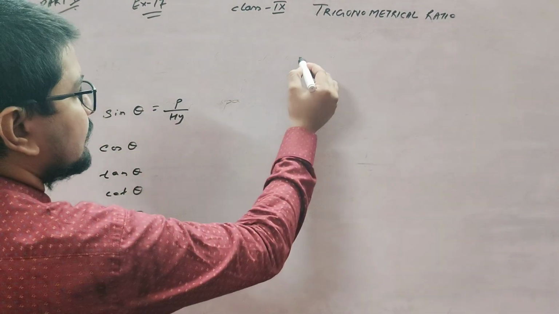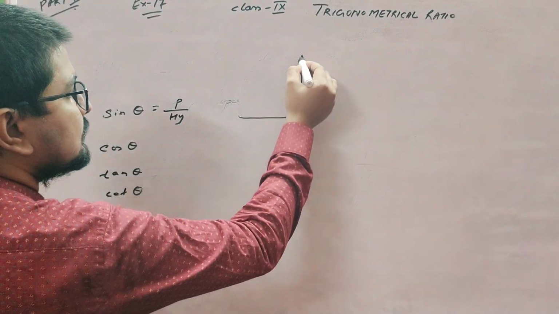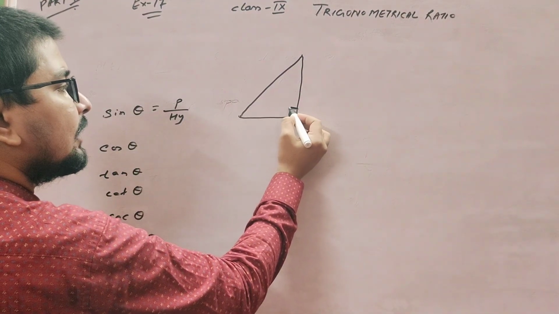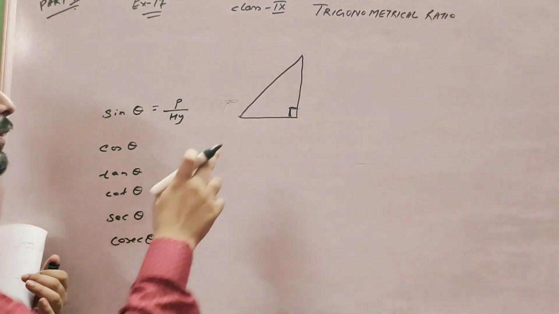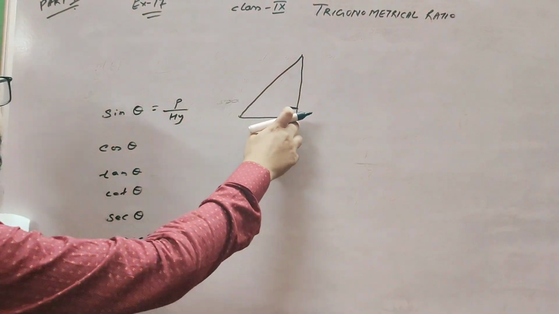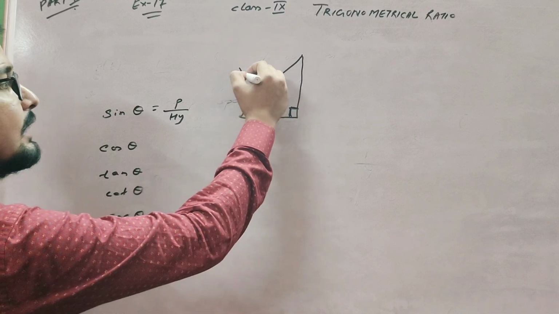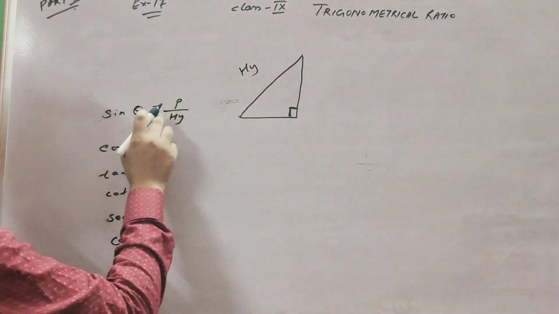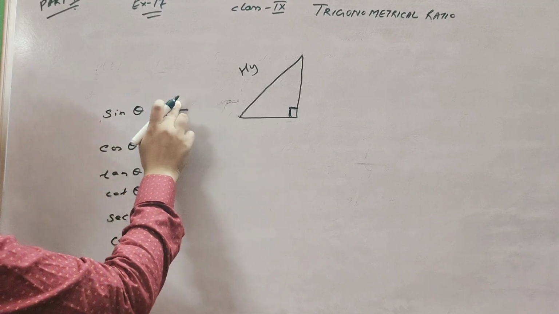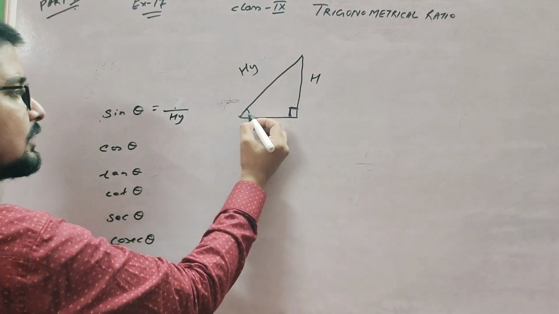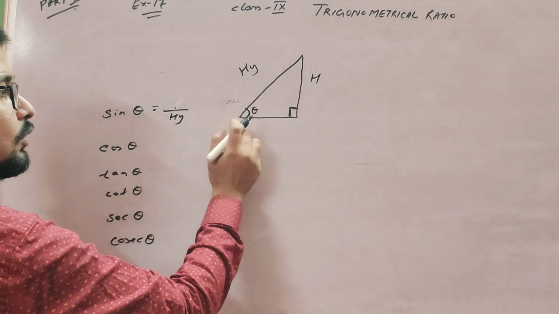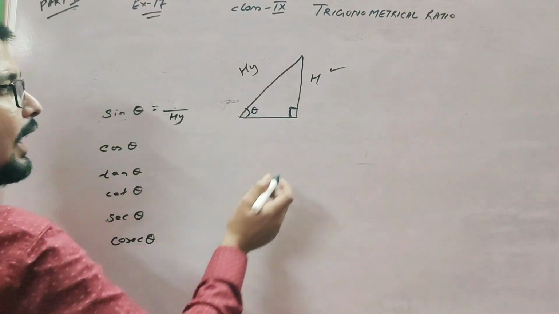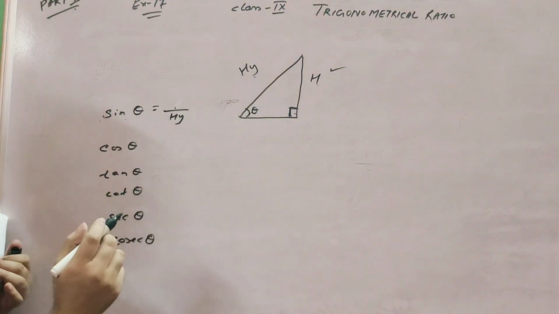How? First of all we draw a triangle. This is your triangle, and it is very important that this is a right angle triangle. Always 90 is there, because we know that according to Pythagoras theorem, the opposite of 90 is called the hypotenuse. So for sin theta it is height, you use perpendicular or height. So this is height, because suppose the angle is here. So for sin theta we use the opposite of the angle, called height, and the opposite of 90, called hypotenuse.